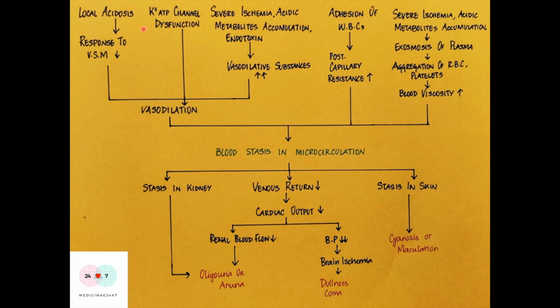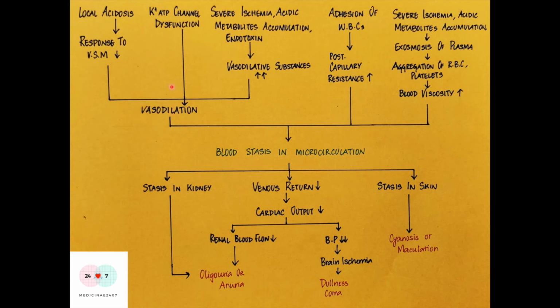Local acidosis is caused by inadequate tissue perfusion, where increased lactic acid is generated due to anaerobic respiration, and increased lactate causes decreased response of the vascular smooth muscle cells to vasoactive substances, which leads to